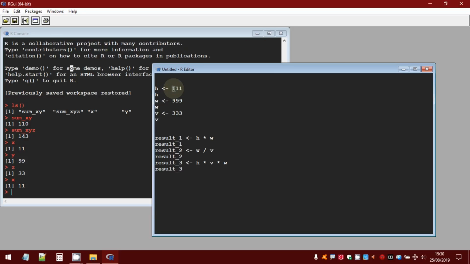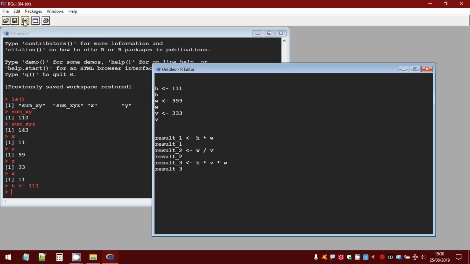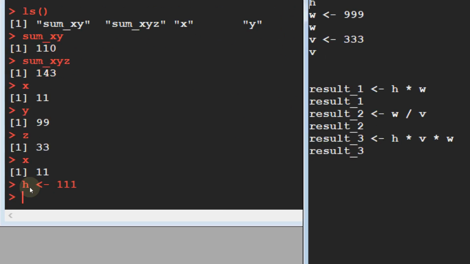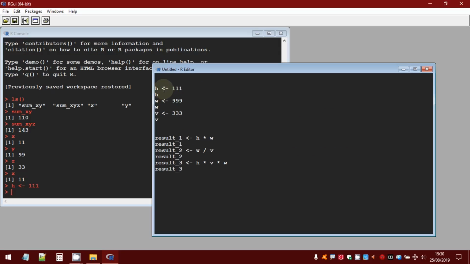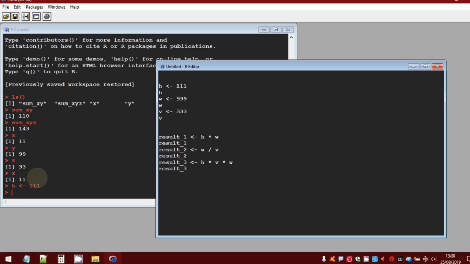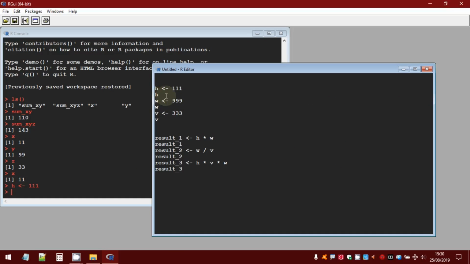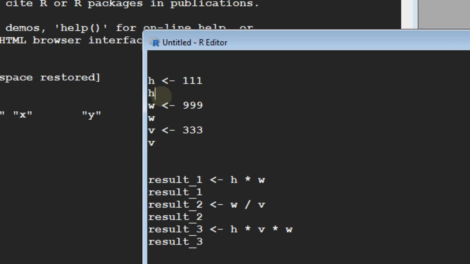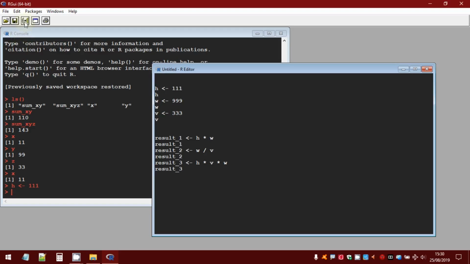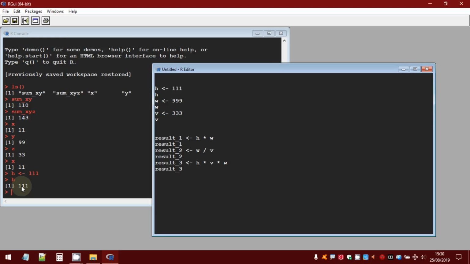So now, as I said, place the cursor in any position of the command line, then press the button, and as you can see, you have sent this command line to the R console. Now, if you place the cursor here near the H and press again this button, you can see the content of the variable.